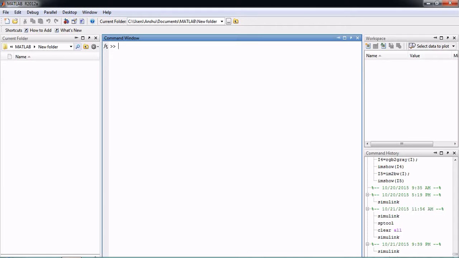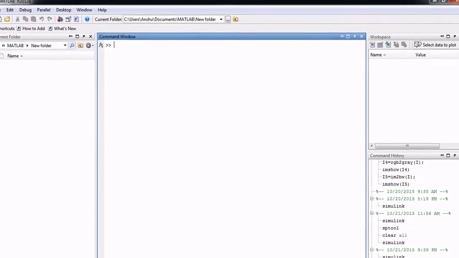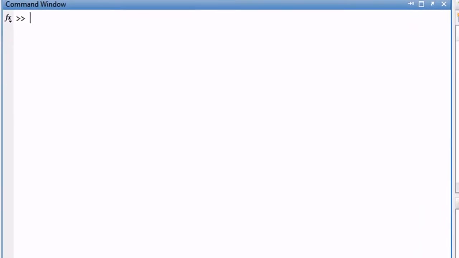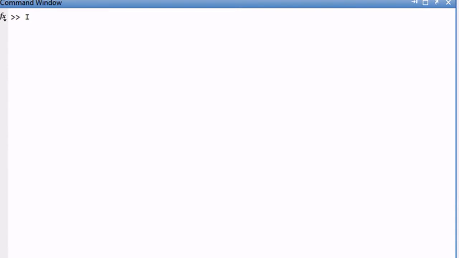So what we'll be doing in this tutorial is we'll first try to learn how to read an image into MATLAB, and then we'll do an operation like adjust the contrast of that particular image and write the changed or enhanced image to the file. Alright, now let's get started with this. So for reading any image we need to declare a variable. Let's declare a variable I equals to, now the command that we use to read image is imread, then into small brackets we need to give